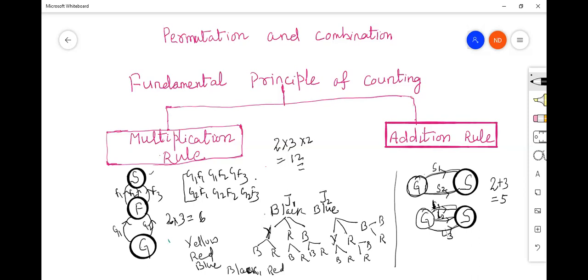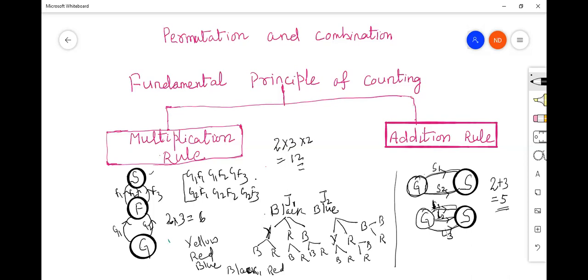But in this case, you see, you can use either staircases or lifts. You cannot use staircases and lifts. So that is the difference you have to identify. Okay. So two staircases, S1, S2 in two different ways, or three lifts, L1, L2, L3 in three different ways. So here the number of ways you can reach second floor from ground floor will be 2 plus 3, 5.